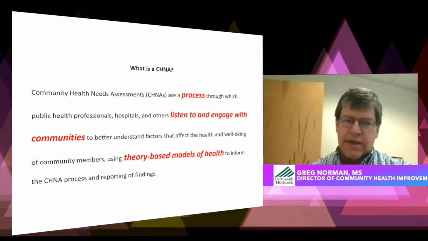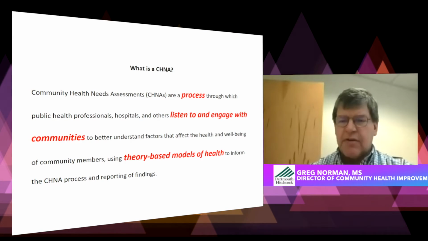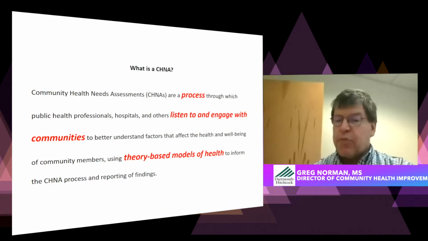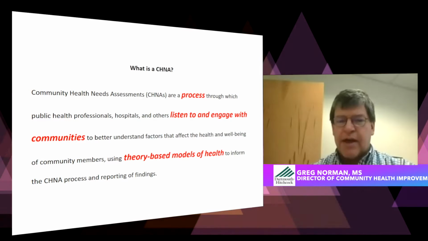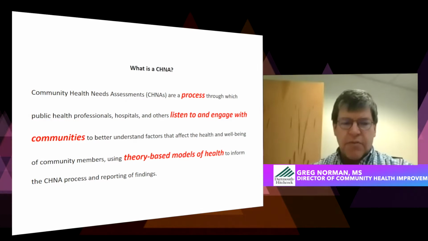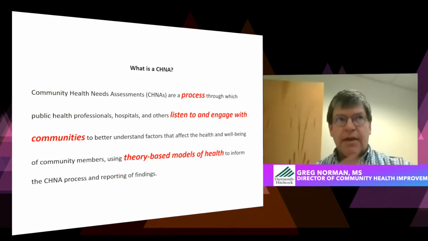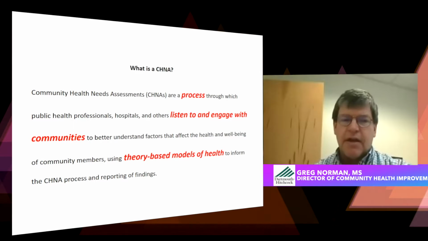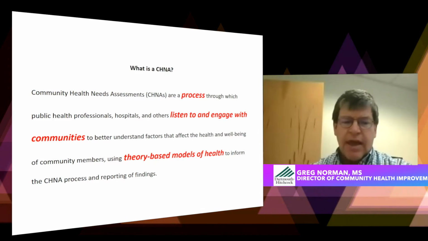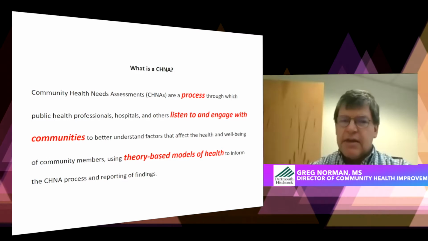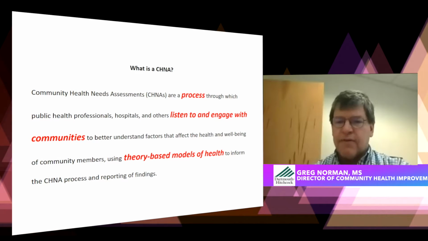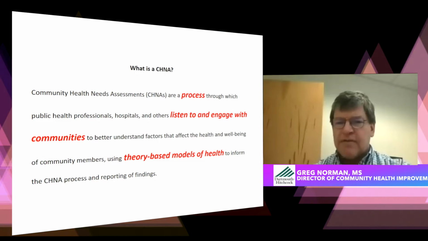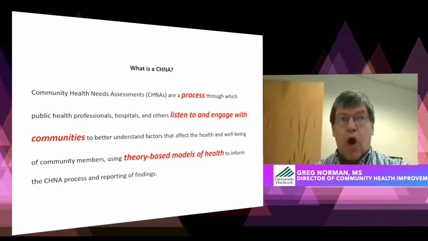Frequently, we would use what's called the social ecological model of health, which says that people's health is determined partly by what they do, partly by the families and friends around them, partly by the organizations and systems in the communities that surround them, partially by environments and bigger factors that impact them, and at the highest level by public policy. To understand health, we need to look at all of those different domains to understand what's happening in a community. So the community health needs assessment process is trying to look at all of those domains,